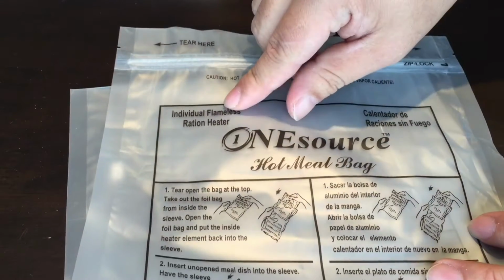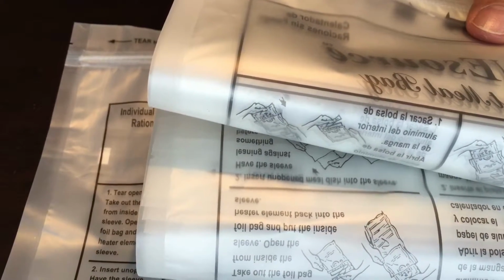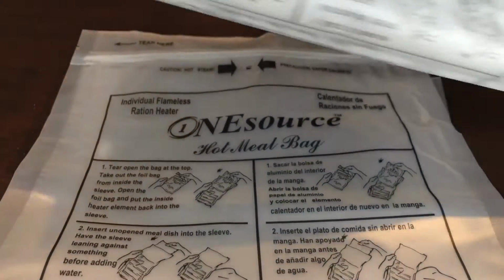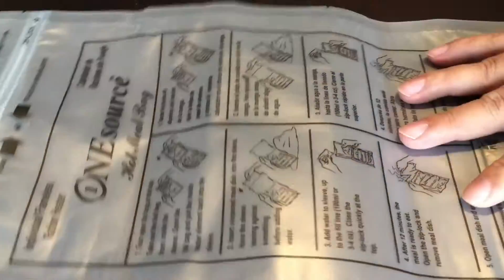Hey, ordered myself these One Source individual flameless ration heaters. You have to order them in a package, and I did. They're pretty expensive, I mean, for ration heaters, you know, $3 or $4 a piece. I want to say I think you have to get 10 for $30 something. Let's call it that. I wanted to just try them out, and a couple of things that I wanted to